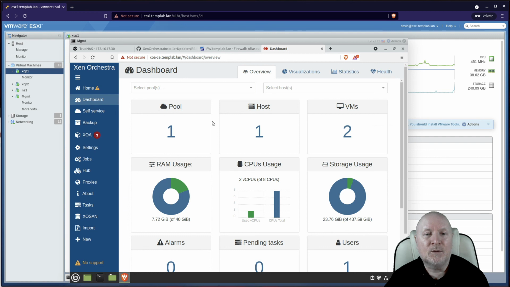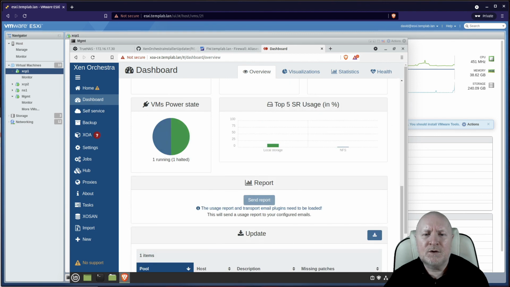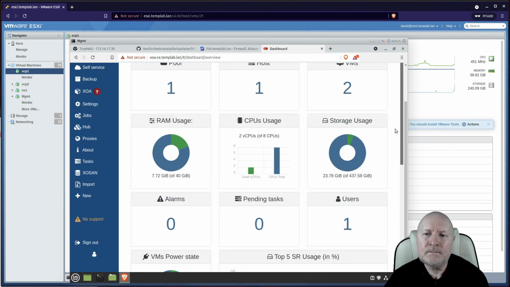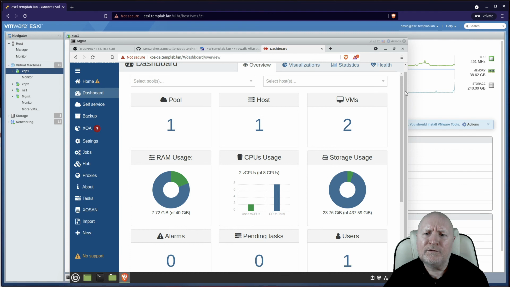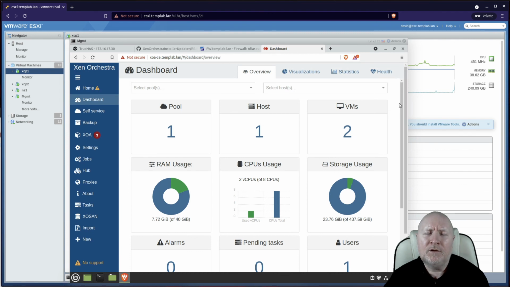Yes, I've had a few hiccups in my particular case, but normally I don't. So yeah, I do like this, I must admit, because I've also got a Proxmox server that I'm running for other purposes. The thing that I'm finding with that, I do like it because it runs based on Debian. But there's some things I've got to do in there from a command line, and I like this. I am from a GUI